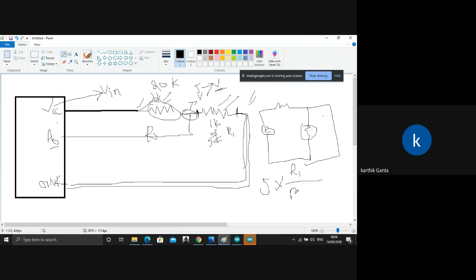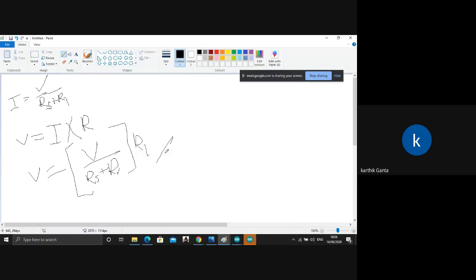So this is the voltage divider circuit formula, which they also encounter. If there is an EC guy here, they might know this. And the same thing we can obtain like this also.